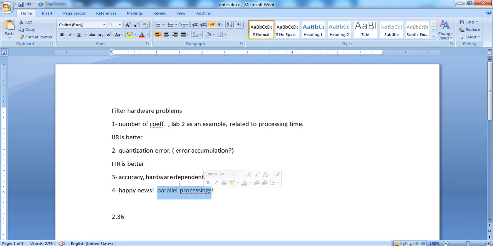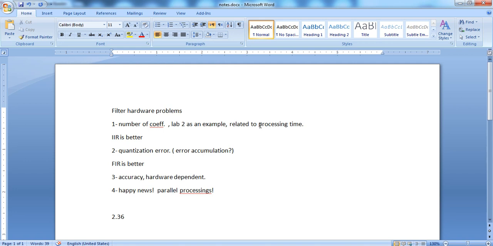Since the multiplication process is the heavy computation compared to the adding, the processing time can significantly be minimized. Actually, in modern DSP kits, most of them use 2 multiplications in a cycle. The old ones use 1 multiplication per cycle only. The next ones use 2 multiplications per cycle, which makes them twice as fast as the old ones. And I think it will continue. I think we'll see versions of 4 multipliers and more in the future. This is something easy that can be implemented. The more multipliers you can have, the faster